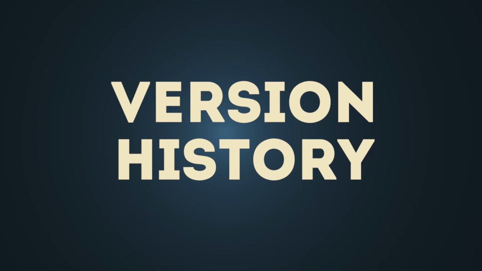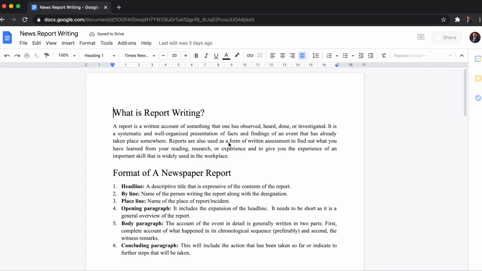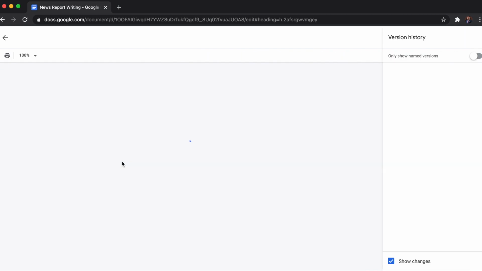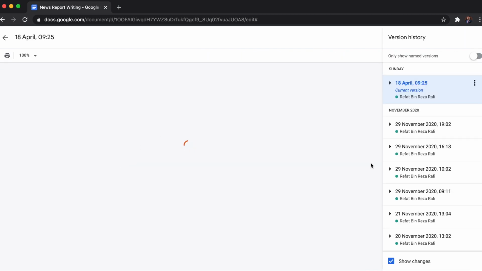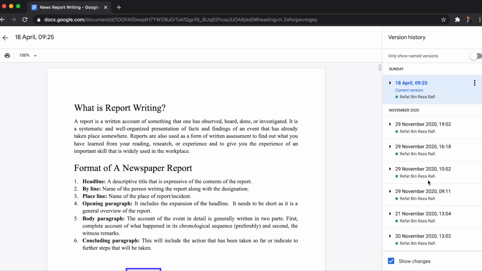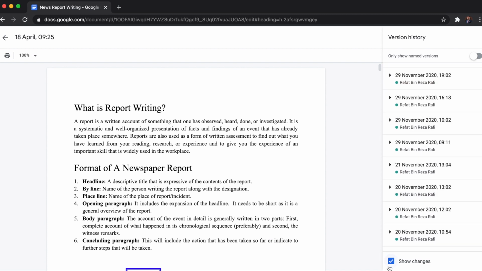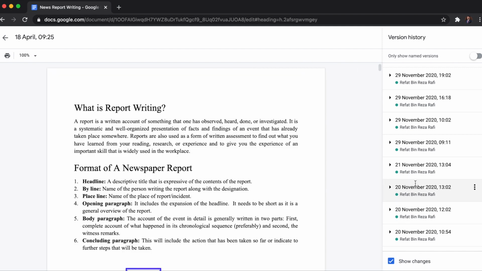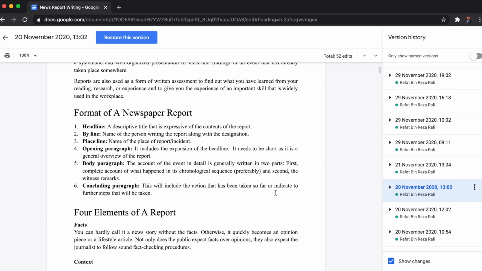Tip number 1. Version history. Sometimes we make accidental changes to our Google Docs, or for some reason, we need to get back an older version of a Google Doc. That is pretty easy. You can just go to File, then Version History, then See Version History. Here, you can see all the previous versions of the document, including who made changes to each version, all in one place. And if Show Changes down in the list of versions is ticked on, you can specifically view what was different in that version.